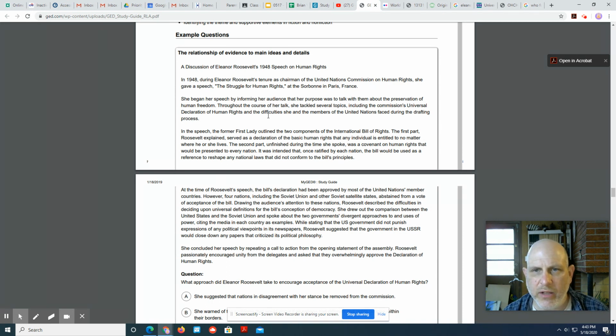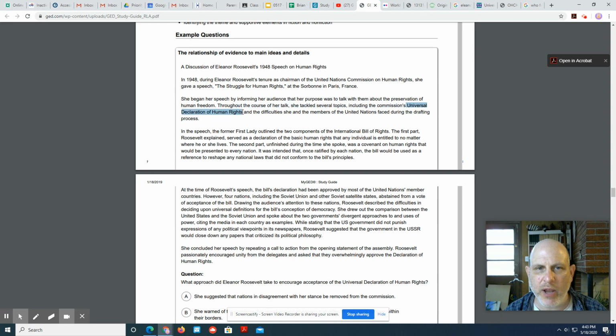Eleanor Roosevelt. She's making a speech at the United Nations in 1948 on human rights. She began her speech by informing her audience that her purpose was to talk with them about the preservation of human freedom. Throughout the course of her talk, she tackled several topics. She talked about several things, including the Commission's Universal